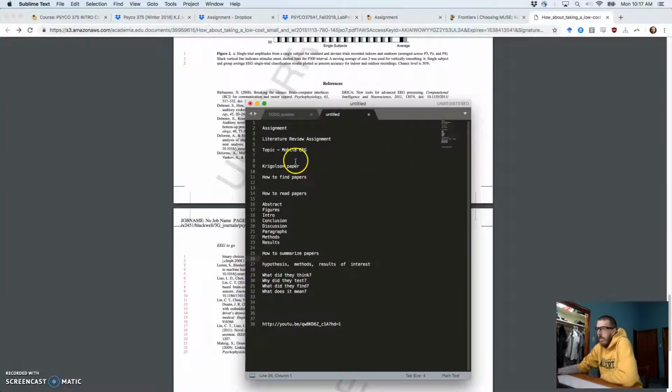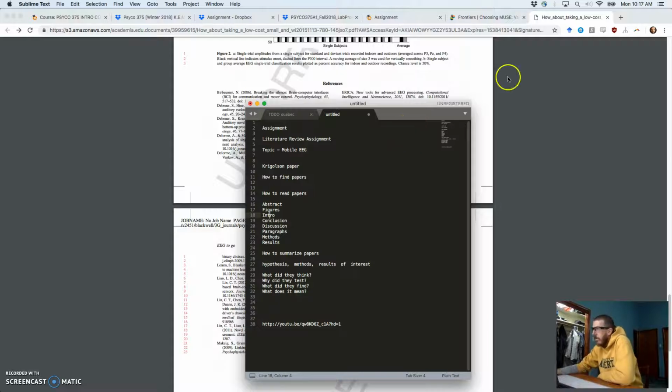Okay, so here should be the last video. We're going to go through these two topics: how to read a paper. We're going to go through first reading the abstract, then the figures, then the intro. We'll go through those steps, and then how do we summarize that paper for our assignment or for our own